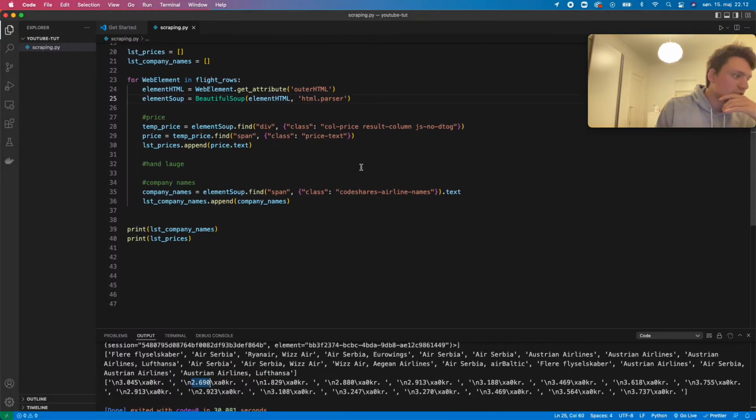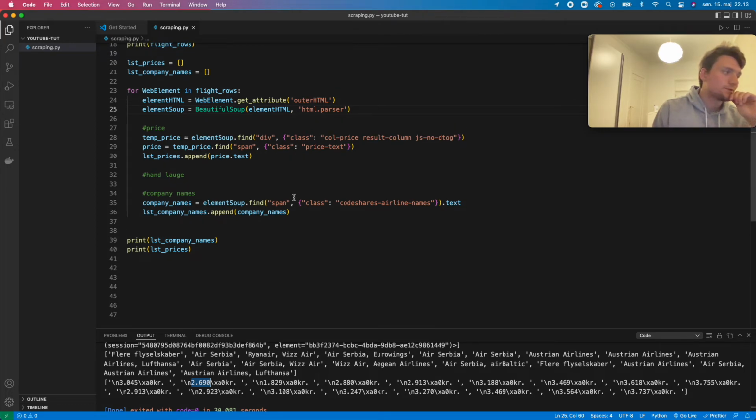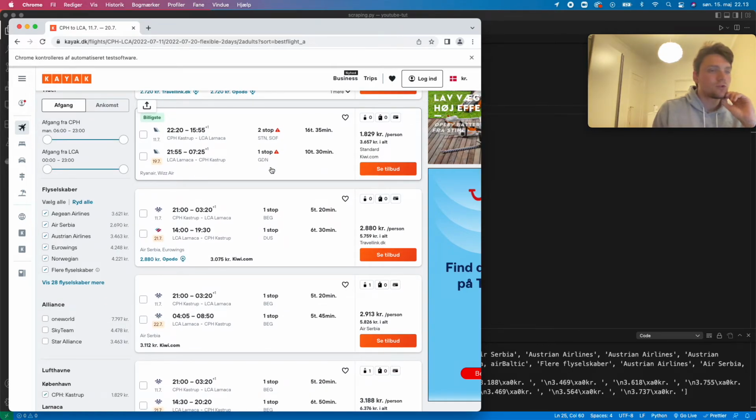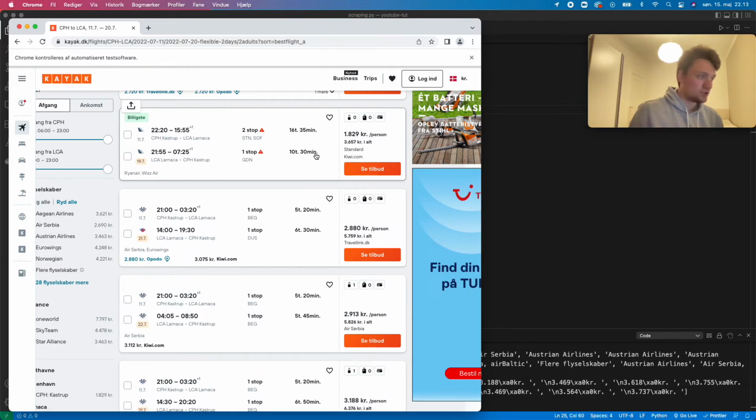Okay. So now that we know this, you can actually apply this to every other thing that you want to scrape here. So you could maybe create 2 different rows, again, one for the out time here, and the return time, and also the amount of out stops and return stops, and out duration and return duration, and do some analysis on that. If you want me to do some analysis,